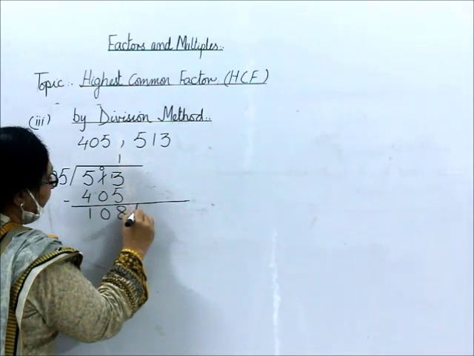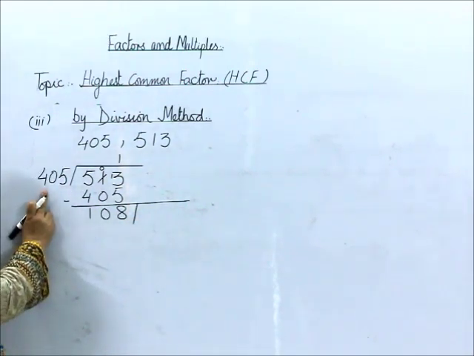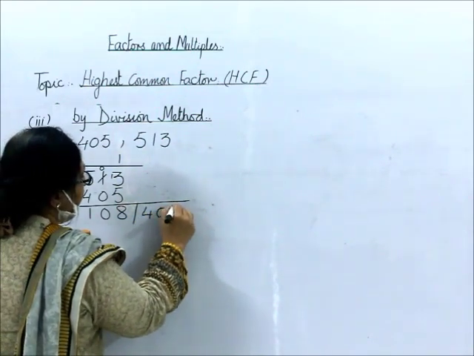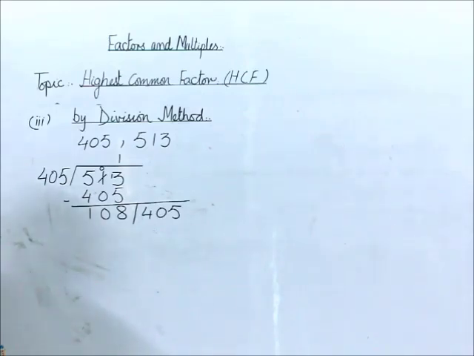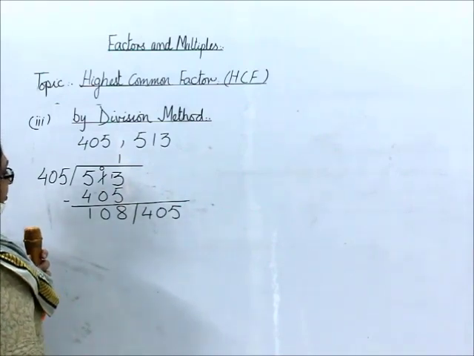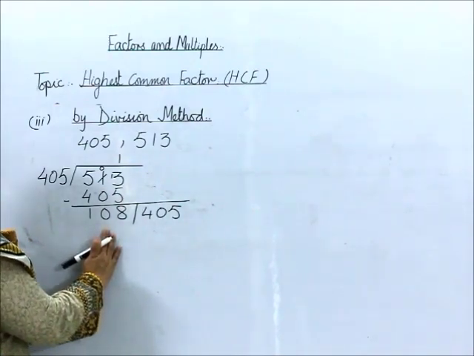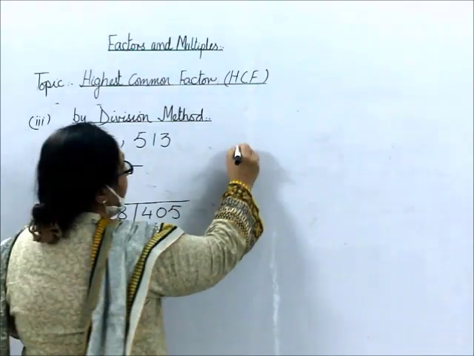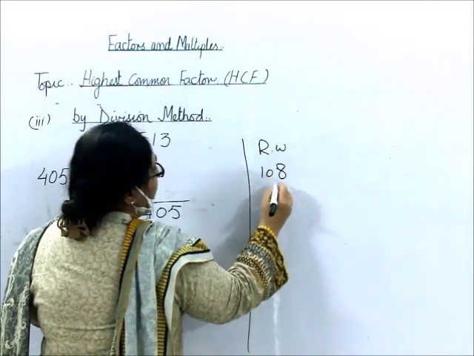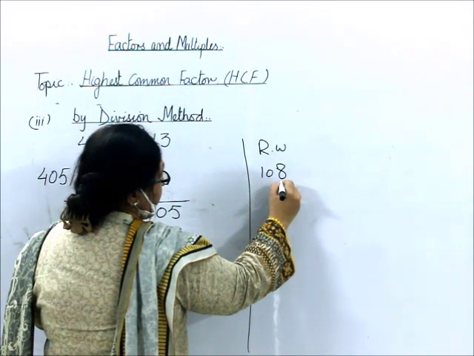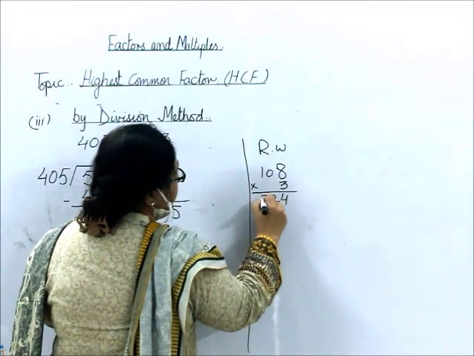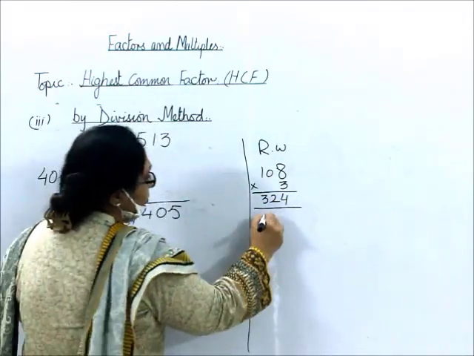Now we have to make a divider over here and bring the previous divisor in this sign of division. It will become our new dividend. Now we have to guess again how many 108s are in 405. Let's check it by multiplication because 108 is a bigger number. So in the rough column, we will multiply to check which answer is the correct answer. Let's check it by 3. 3 8s are 24 and 3 1s are 3. It is 324. Let's check it by 4.